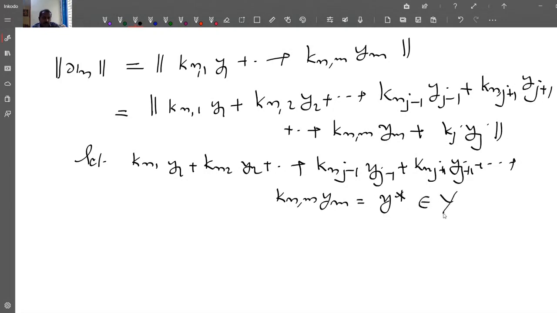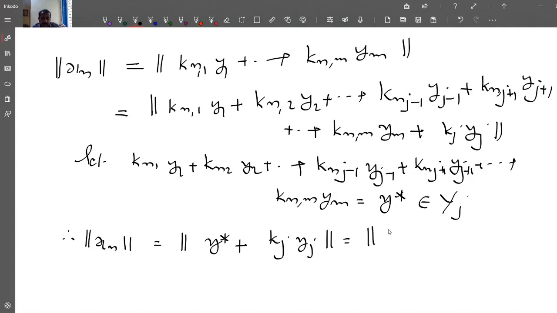This belongs to Yj. So therefore norm of xn is equal to norm of y star plus knj yj, that is equal to knj yj plus some y star, where this y star belongs to Yj. So by part A, this is greater than or equal to modulus of knj times